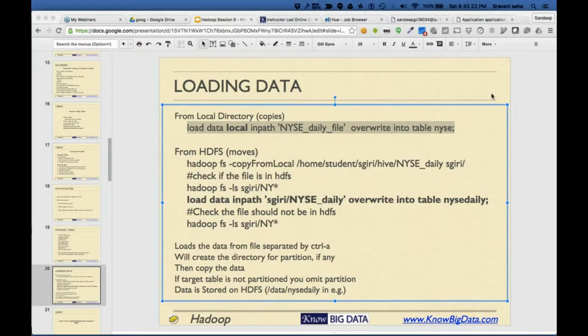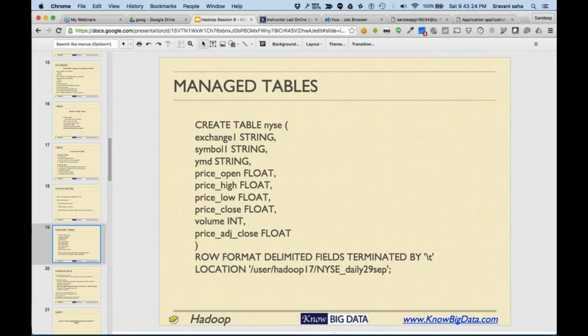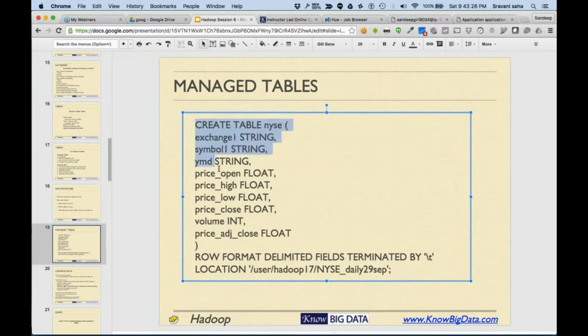Okay. All right. I'm going to go back a step. So what we did just now is created this empty table. Also mentioned here that my data is formatted such that the columns are separated by backslash t. By default, it looks for the control A character.